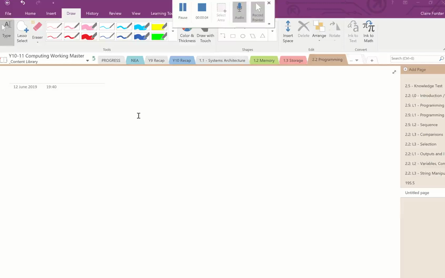So we know what a character is, and we know that a string is a list or group of characters. Great. We also know how to copy strings. In this video, in the next section of your OneNote tasks, you're going to be looking at how you can join strings together. And that's a really, really powerful tool, especially when it comes to output values and variables later on in your